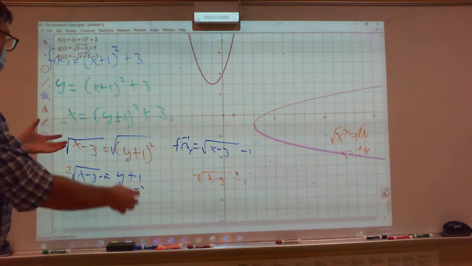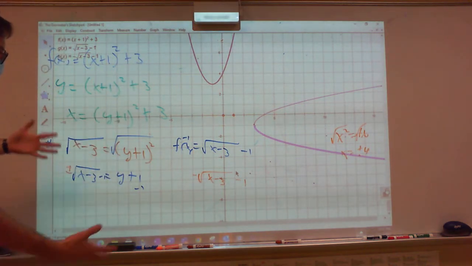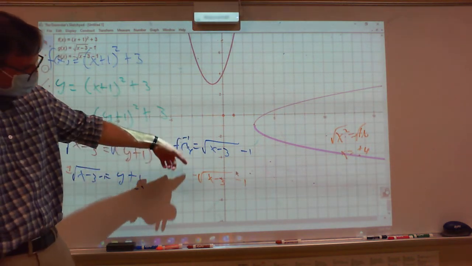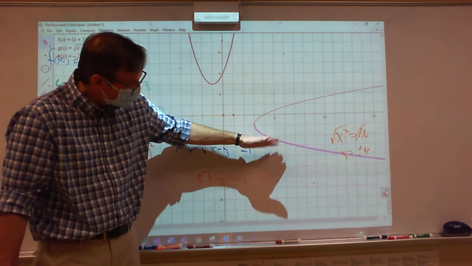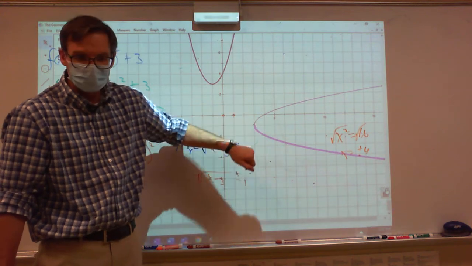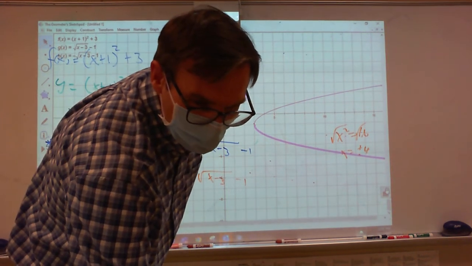So when you're solving, this gives you your plus or minus. Of course, this isn't a function because it fails, but there's actually two parts. There's this top part and there's the bottom part. All right, so here is